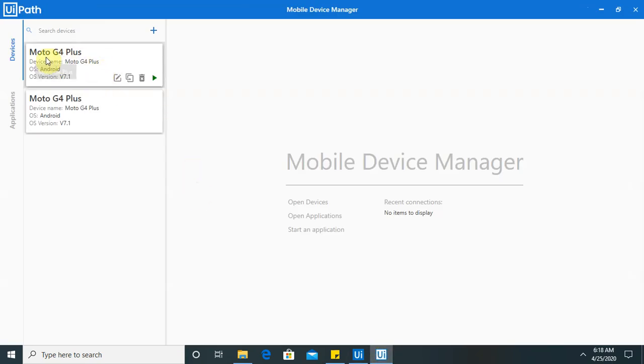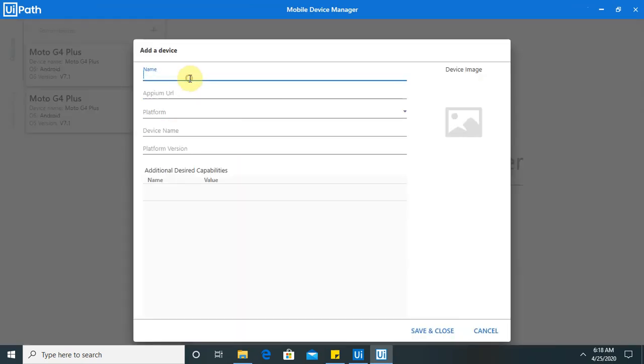Just like I have already added Moto G4 Plus. If you want to add devices, you can also do that. You just have to mention the name, just like I am adding here iPhone 8 Plus. If you want to provide your Appium URL, you can also do that by copying and pasting the URL here.